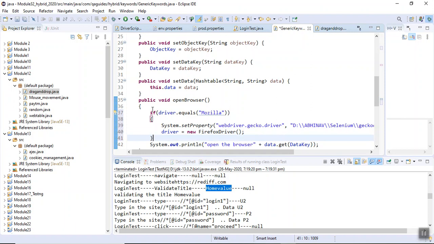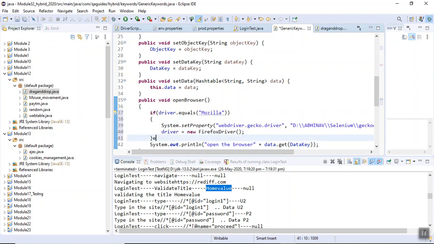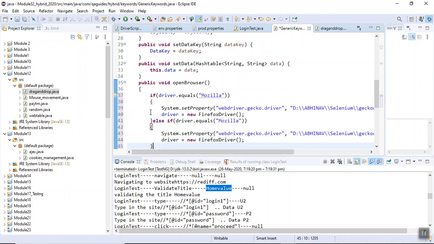Else if it is equal to Chrome, then we need to provide the path of Chrome driver, and it will be Chrome driver.